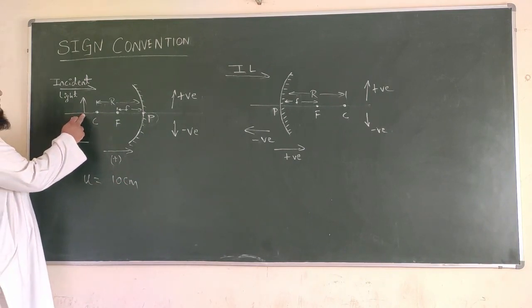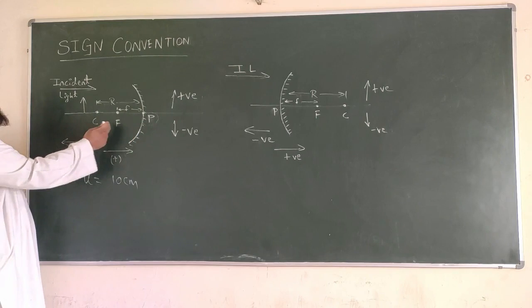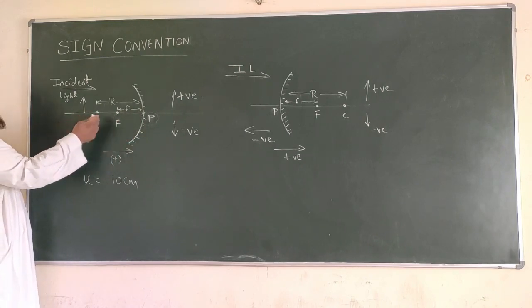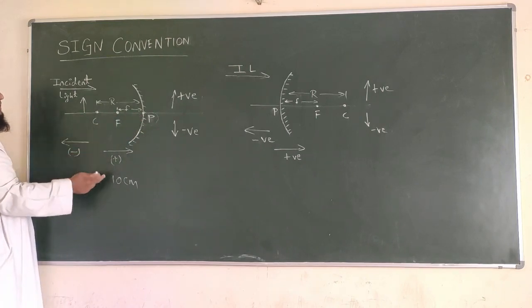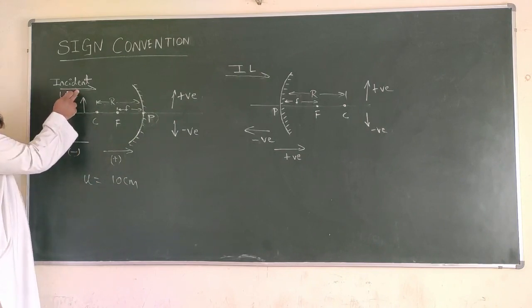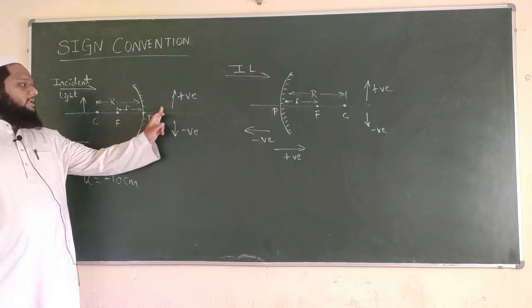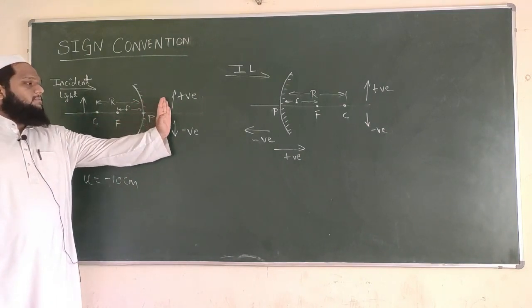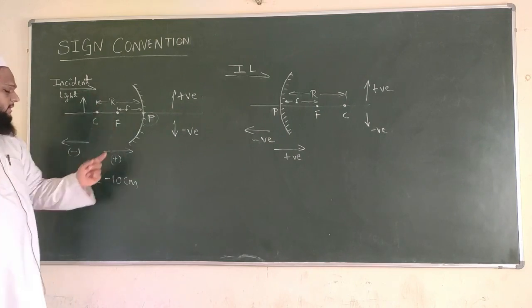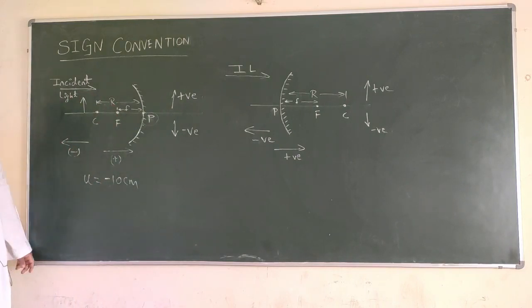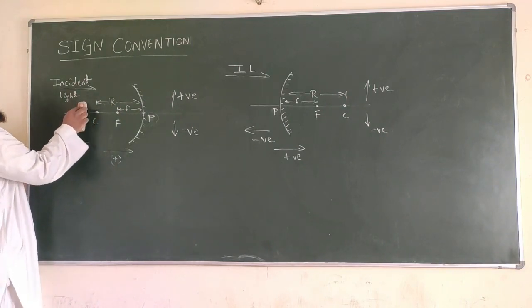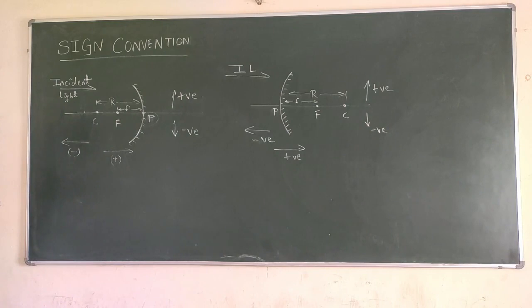See, the object is over here. From the pole I need to go to the object. From the pole I am going in this way. When you are going backwards, that means it is in the opposite direction to the incident light. So this will be minus 10 centimeter. So the object distance is minus 10 centimeter when I keep it here. For example, I keep the object over here. Then from the pole to the object, I am going in the direction of the incident light. That time the object distance will be positive. So this is how you basically measure the distances, and that is the sign convention used.